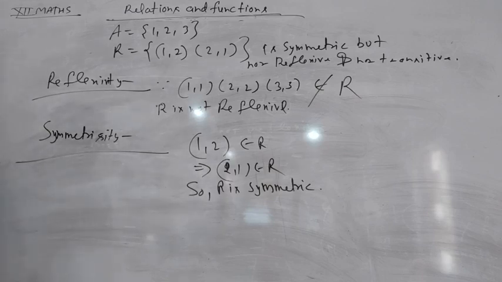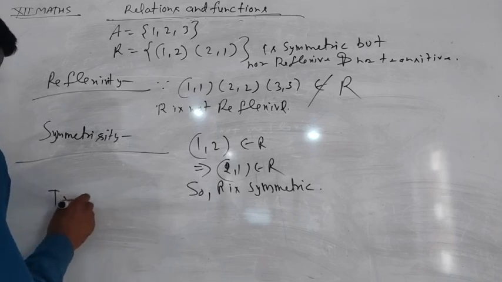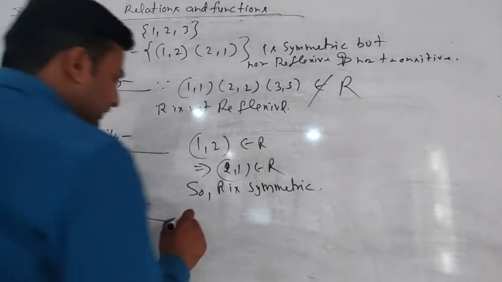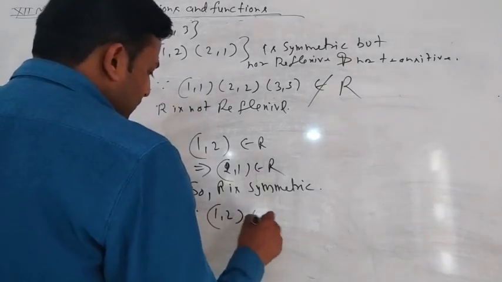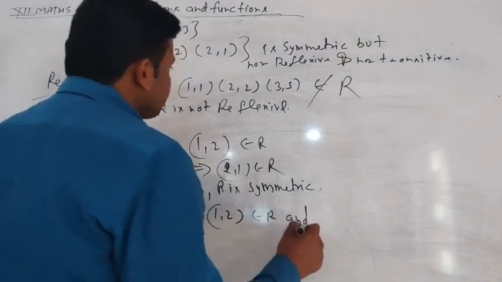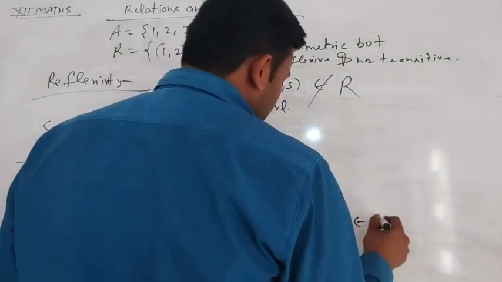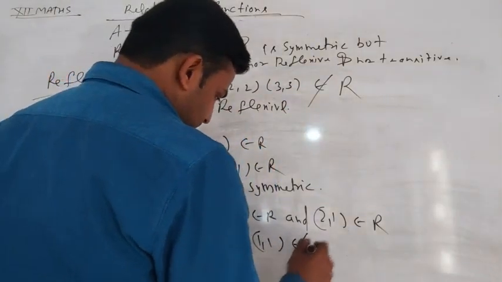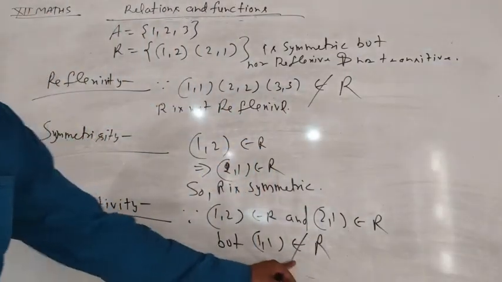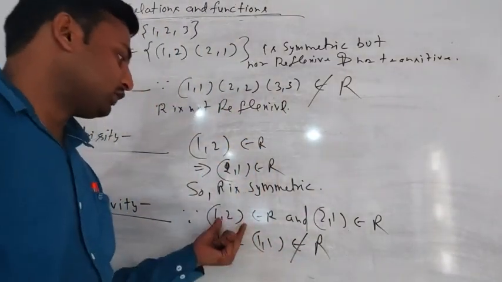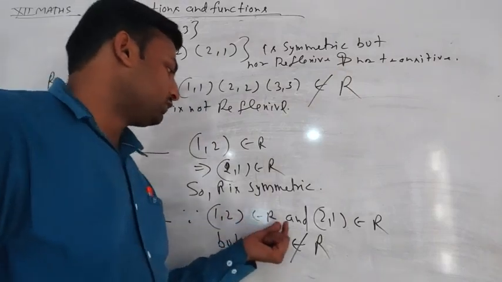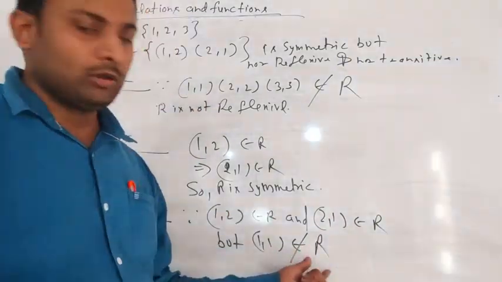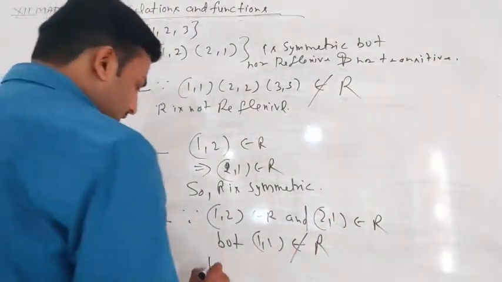Okay students, now for transitivity, we are saying that since (1, 2) belongs to R and (2, 1) belongs to R, but (1, 1) does not belong to R. We are seeing from here that there are two ordered pairs, (1, 2) belongs to R and (2, 1) belongs to R, but (1, 1) does not belong to R, so we can say that our R